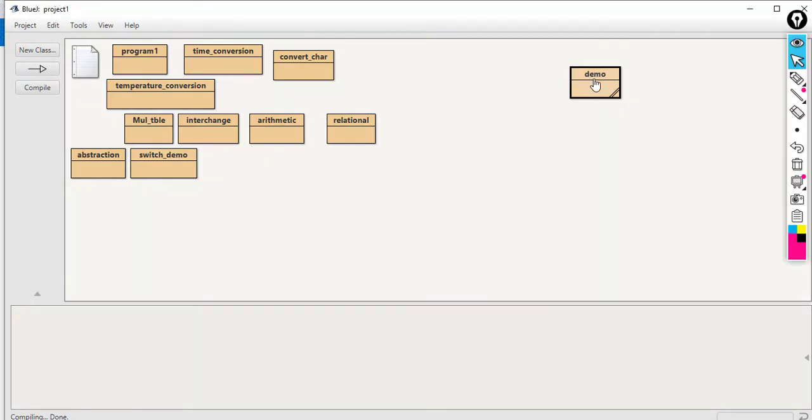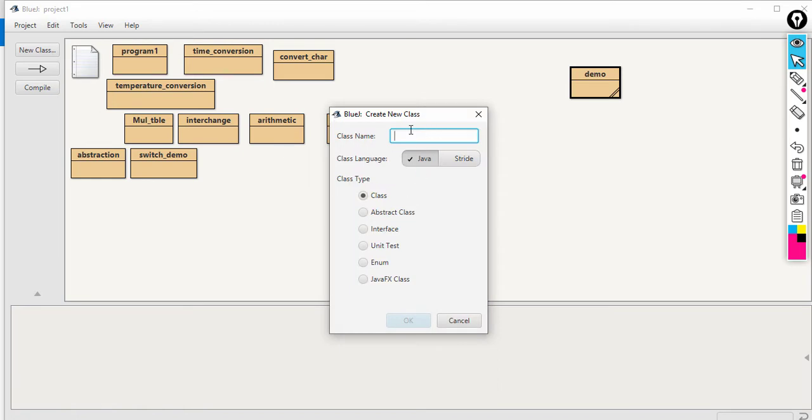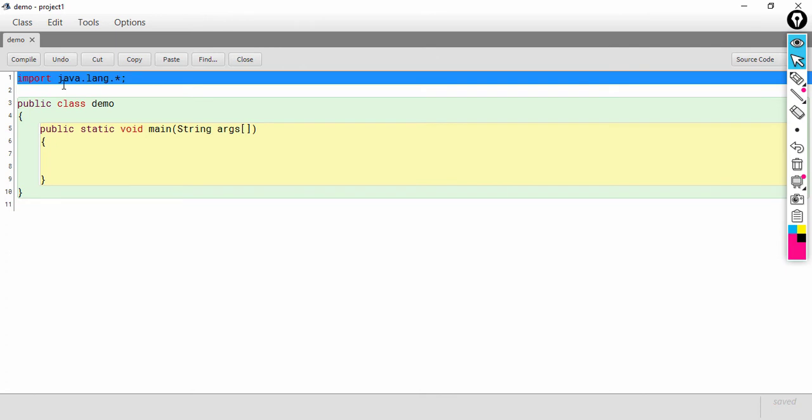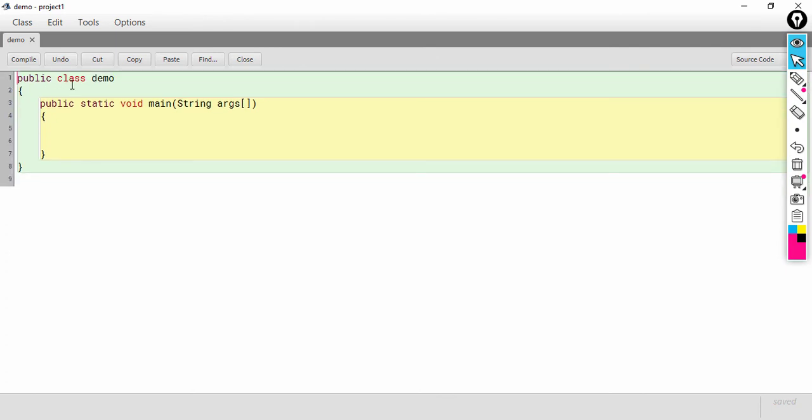See, this is the demo class. We can create a class using this dialog box. After writing a name here like demo, this class file will be created. So I have created this one. Then see, here by default there will be some program. Here public class demo, the keyword class will create the actual class demo. In demo there is a main method, and in the main method we are going to create the object.